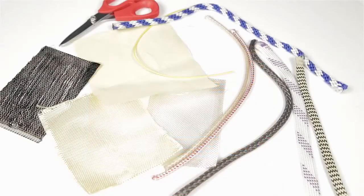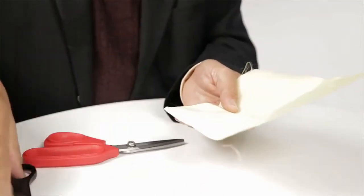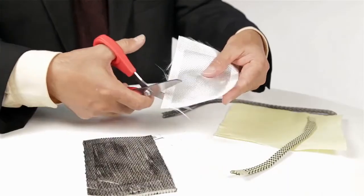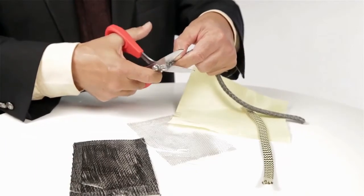These 8-inch shears are specially designed for cutting materials made from aramid and para-aramid fibers, such as Kevlar, Dyneema, Vectran, and Technora in rope, ribbon, tape, or fabric form. It can also be used to cut materials made from carbon fiber, glass fiber, Dacron, plastic, canvas, vinyl, leather, and